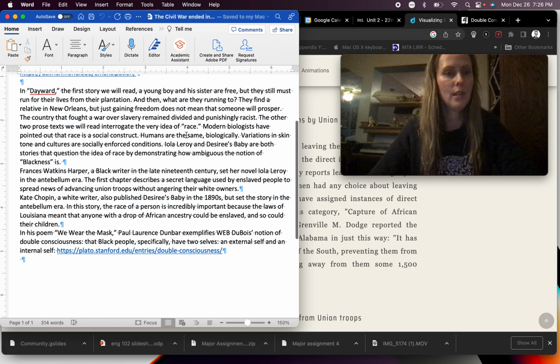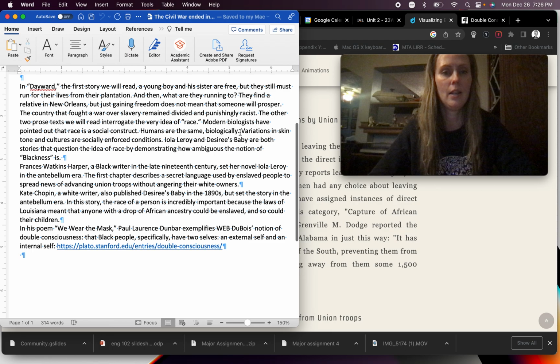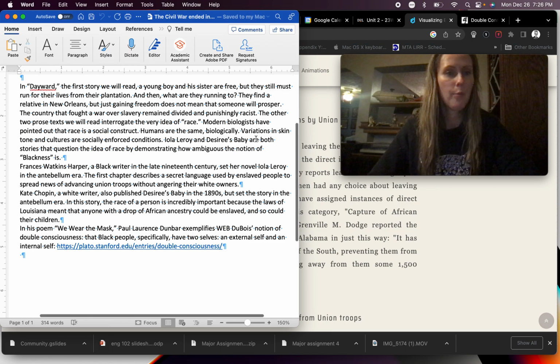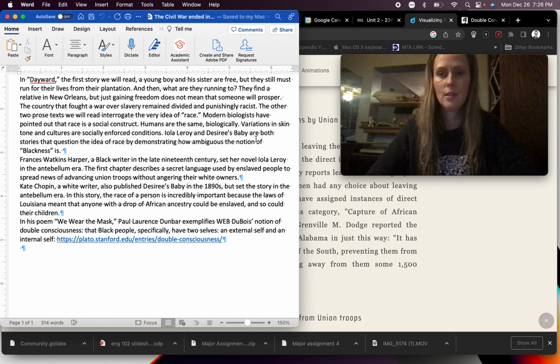The other two prose texts we will read interrogate the very idea of race. Modern biologists have pointed out that race is a social construct. Humans are the same biologically. Variations in skin tone and cultures are socially enforced conditions. Iola Leroy and Desiree's Baby are both stories that question the idea of race by demonstrating how ambiguous the notion